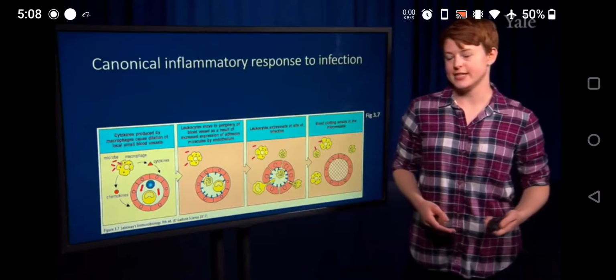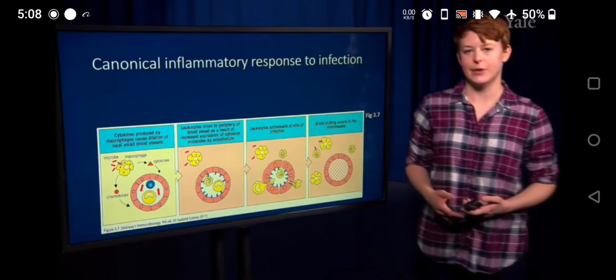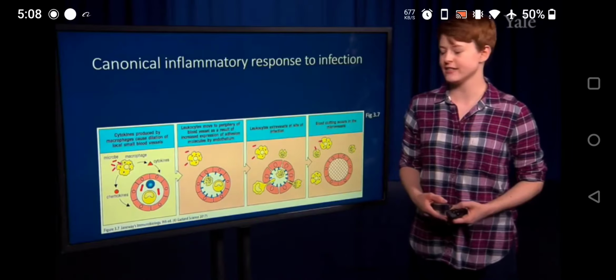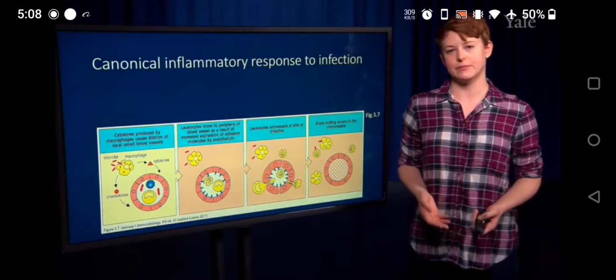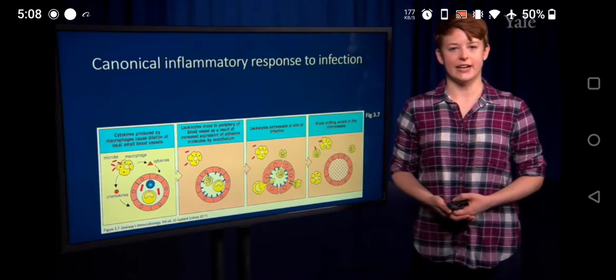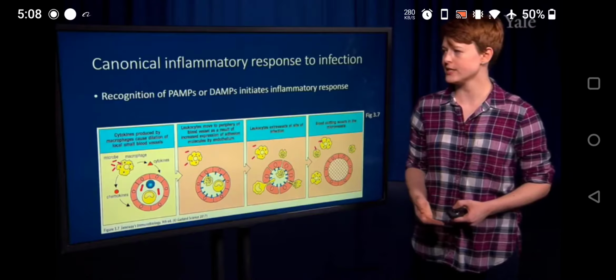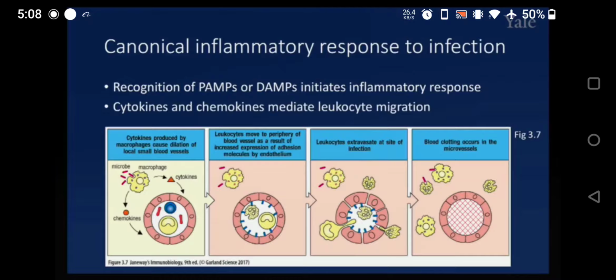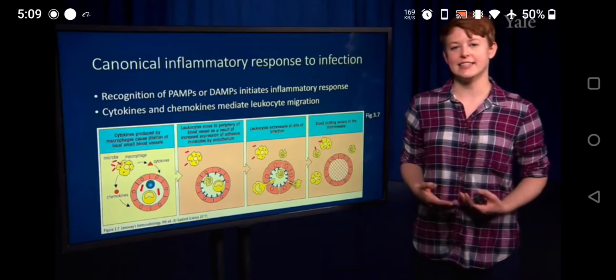and release inflammatory cytokines. Those cytokines go into the blood vessels and initiate a set of reactions which allow circulating leukocytes to know where to enter the tissue. So this is all initiated by recognition of PAMPs or DAMPs, which are your pathogen-associated molecular patterns or damage-associated molecular patterns. And cytokines and chemokines released by these first cells are really important for mediating leukocyte migration and that immune response